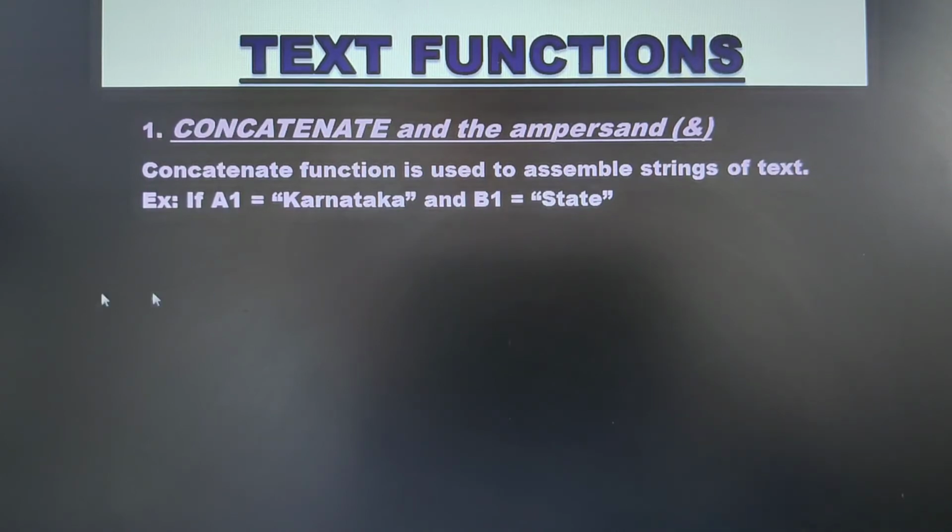Now here let us consider that the A1 cell consists of the string Karnataka and the B1 cell consists of the string state. When I use the concatenate built-in function, I should get them combined as one phrase, Karnataka state. Let us see how we write the formula over here.